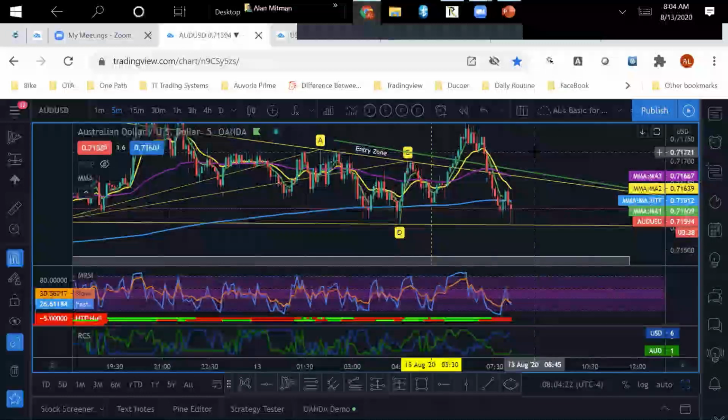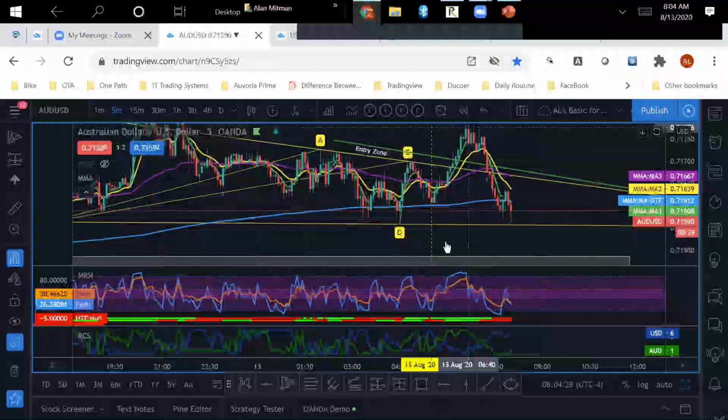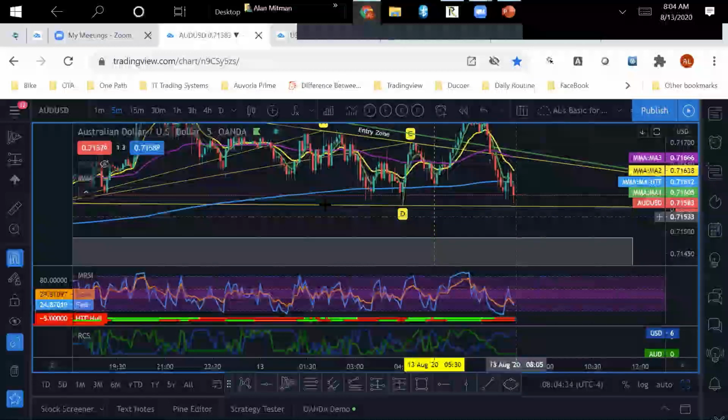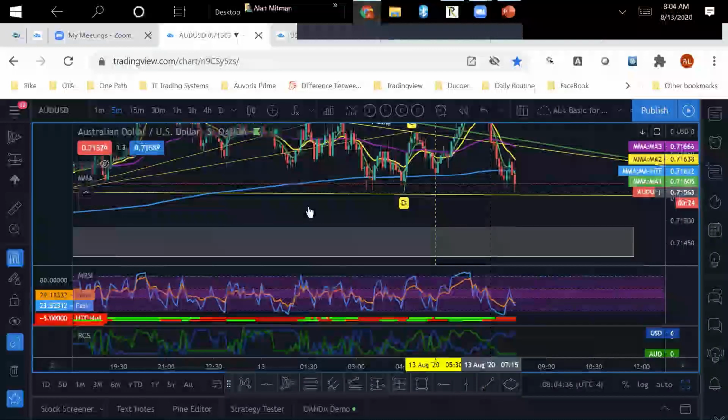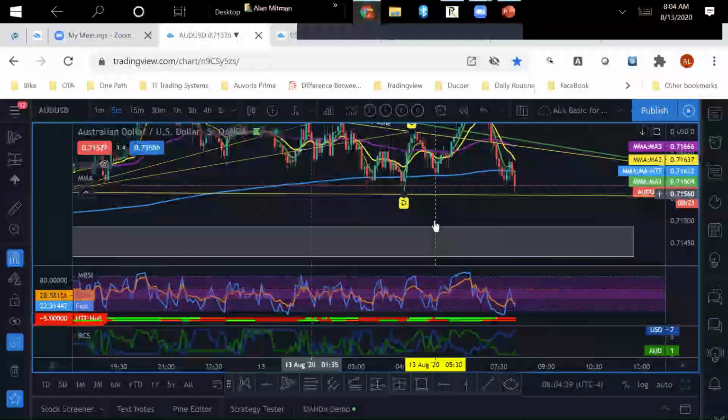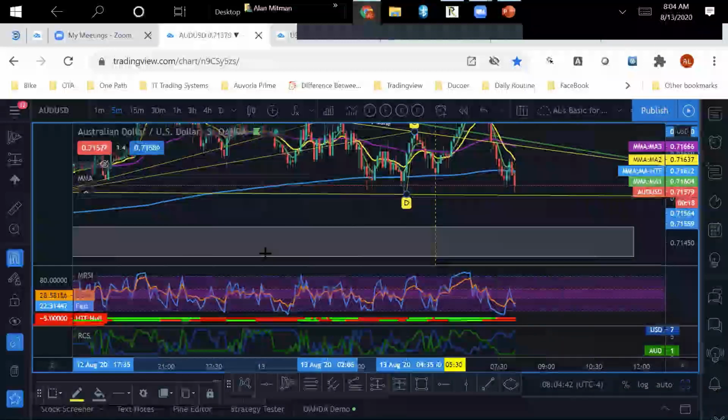This is the Australian dollar. Right now we're inside the wedge, waiting for it to break out of the bottom. It already broke out of the top. And now we're looking at it breaking out of the bottom. We're going to put our 2-pip line on the bottom here. So I'm going to get my wedge, my trend tool,